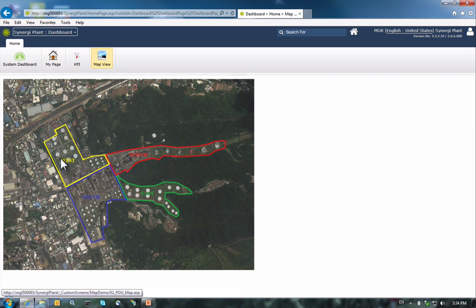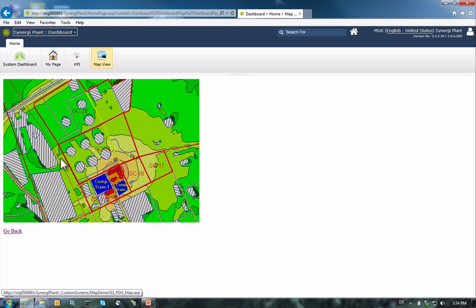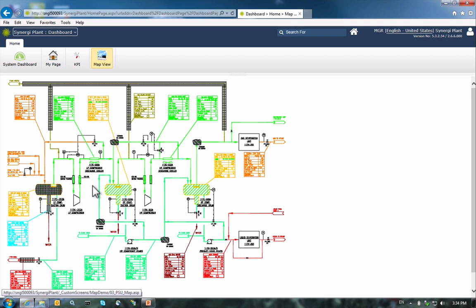Click on the region object, and you can drill down to the next page, which is in this case a production unit or the area view. Following the same technique, you can go into one production unit or process unit. In this example, it shows the process flow diagram used by the RBI study process. In this process flow diagram, you can mark some regions to represent the equipment you want to drill down. Once you click on this equipment, you can drill down into